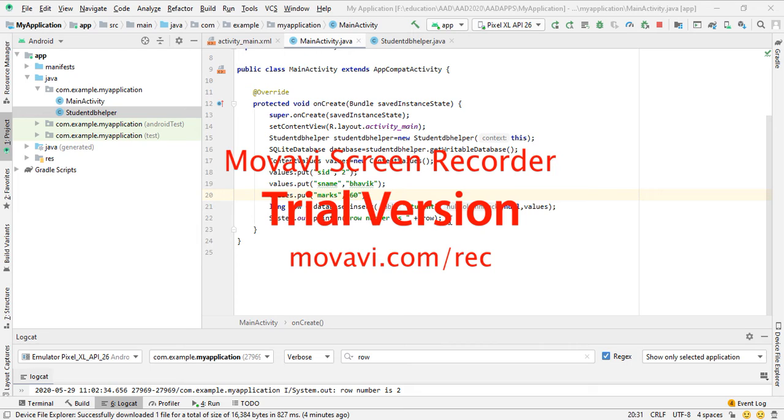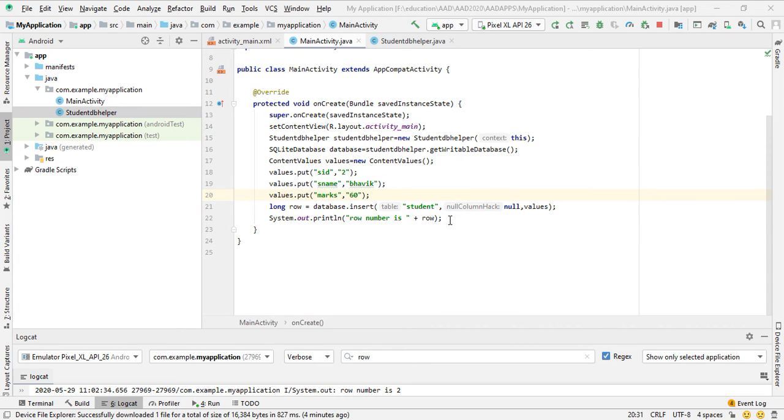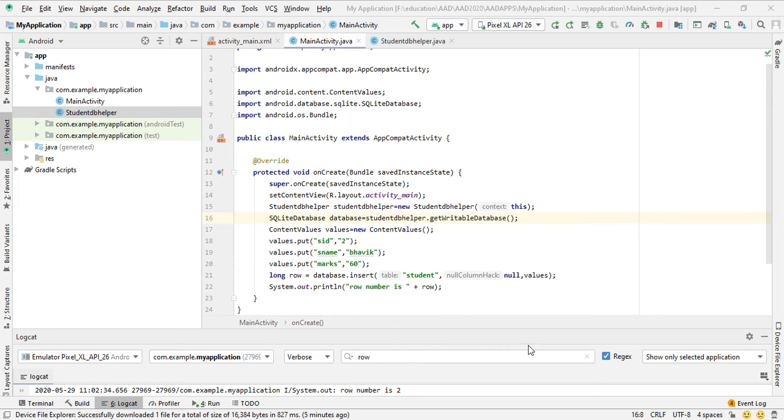Now how to fetch or read the records from the database. To read the records, to search the records from the database, we require something called a cursor. So we comment out this.